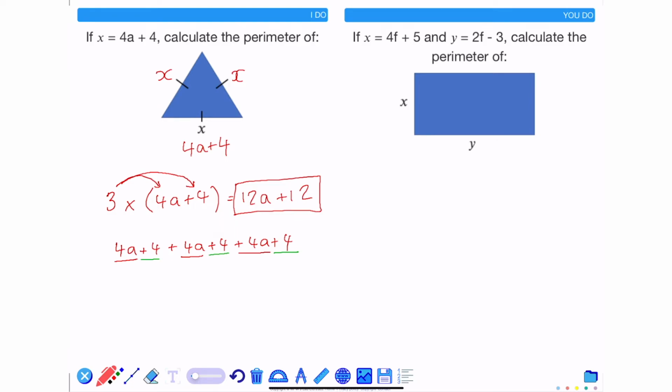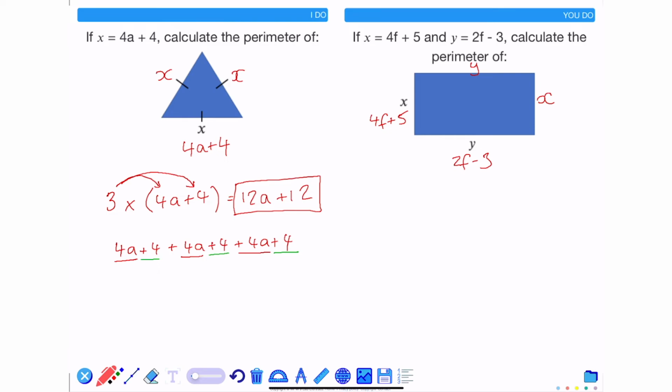Now with this example, I've got a rectangle. The key thing to know with a rectangle is that opposite sides are equal. So that I have 2 sides which are x and 2 sides which are y. Knowing that x is 4f plus 5 and y is 2f minus 3, this means that the distance around the